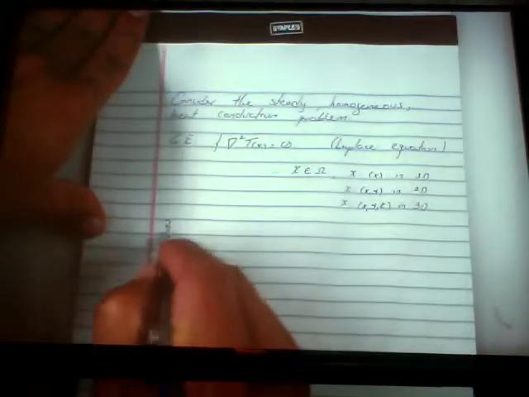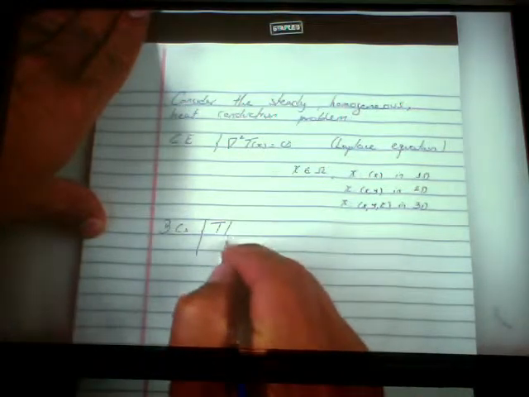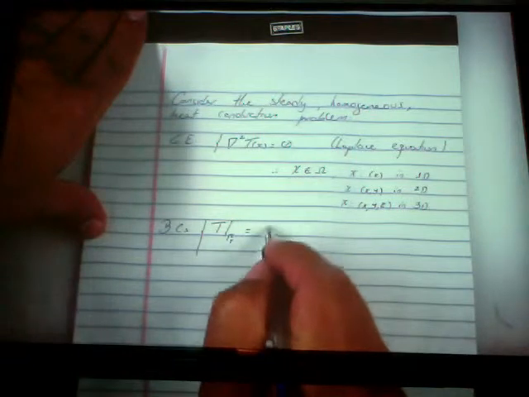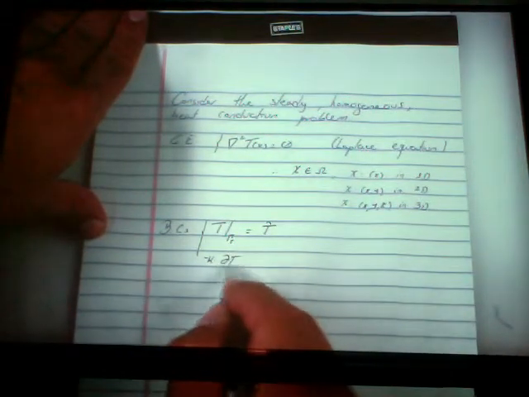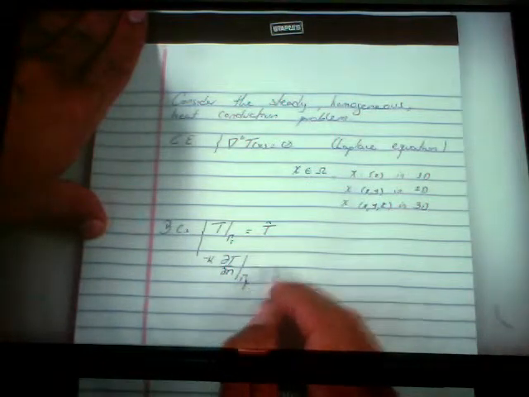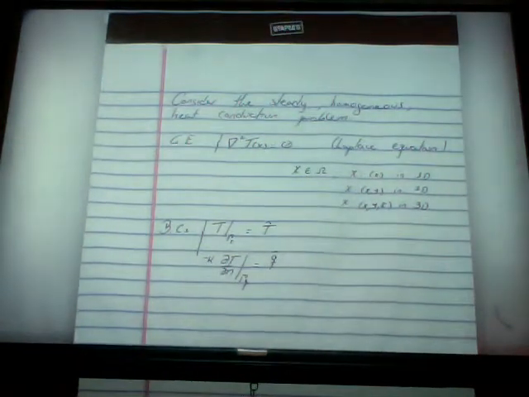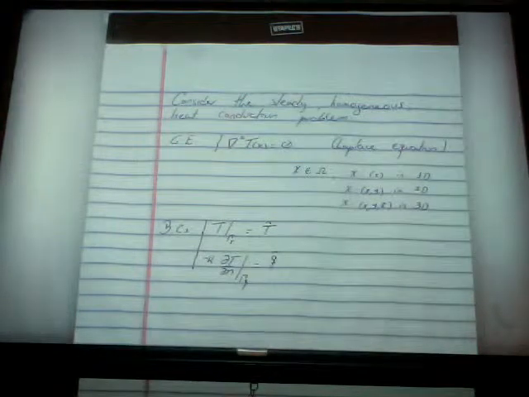We need also some boundary conditions. Let's say that temperature at some gamma T, at some portion of the boundary, is equal to some T. And let's say that minus k, the gradient of T dot normal at gamma q, is equal to some q. Those are the two boundary conditions. They don't have to be that way, but what we know is